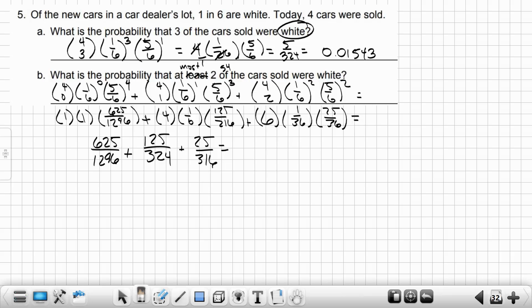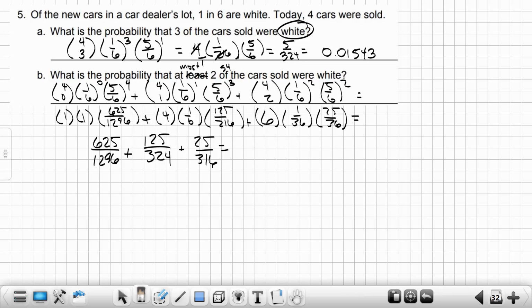I can't put 1296 in the calculator. No, you can't. So you're going to have to do 625 divided by 1296 plus. Thank you, Samuel. So this is saying out of 4 cars bought, I'm going to choose none of them to be white. So that means no white, 4 non-white. 1 white, 3 non-white. 2 white, 2 non-white. If you have a 1 in 6 chance to get 1 white car,